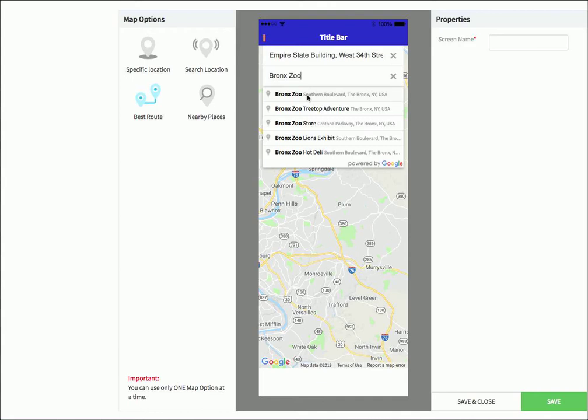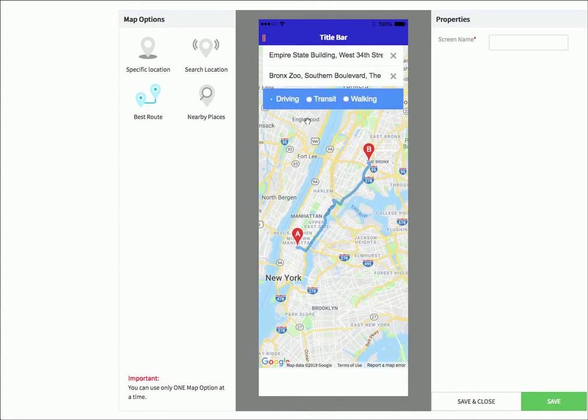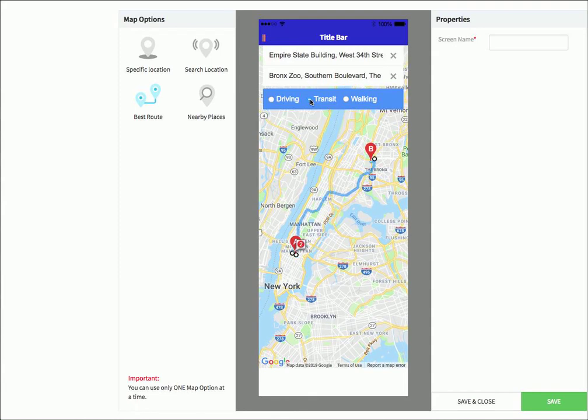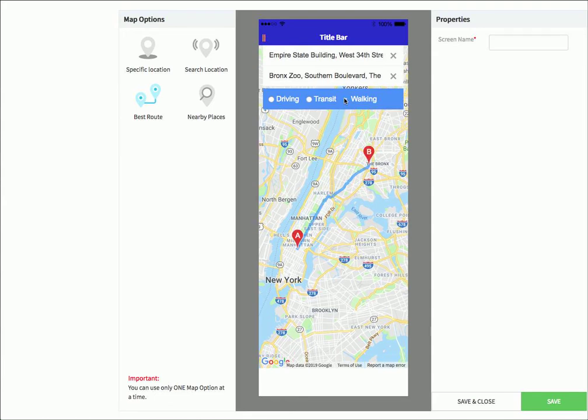Putting this start and end point in will reveal the best route by car to that place. They can also find the best route by using mass transit or even by walking. Once again, there's nothing you, the creator, has to do to this screen other than give it a name, and we're going to use Map 3, and change the title bar, and we'll call this Find Best Route. Save and close,